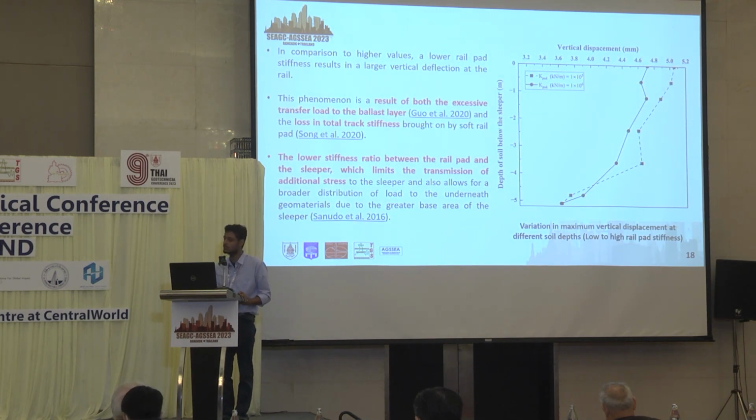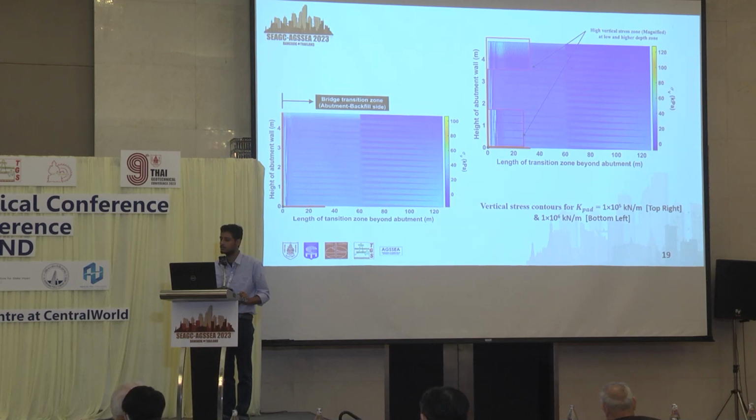Also, the lower stiffness ratio between the rail pad and the sleeper limits the transmission of the additional stress to the sleeper below, which is also a considerable factor that we need to take care of. So this is the stress contour that we can see here. We can see that for the lower stiffness value, the load is transferred from the lower depth to the very higher depth. So for a low rail pad stiffness, we can conclude that the deeper region is affected due to the